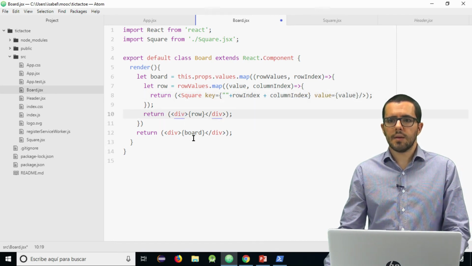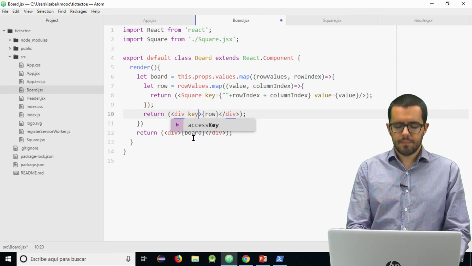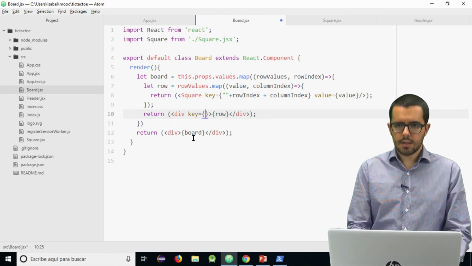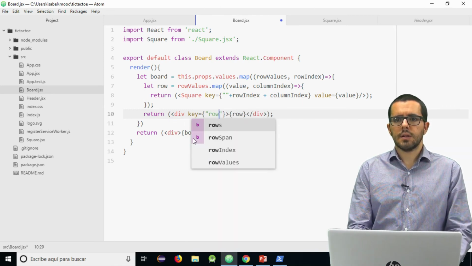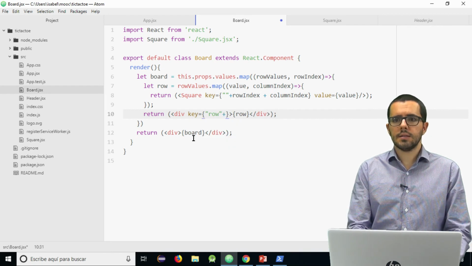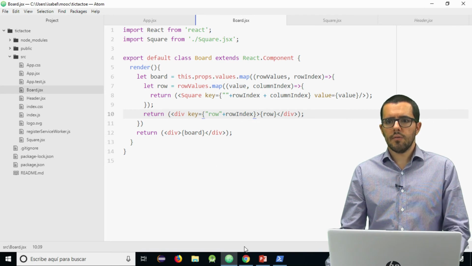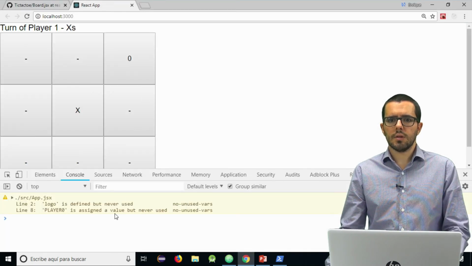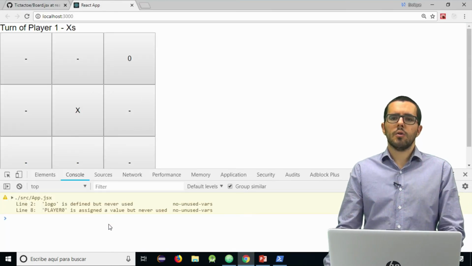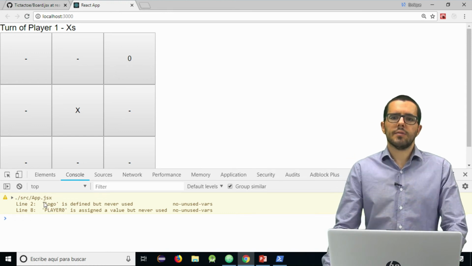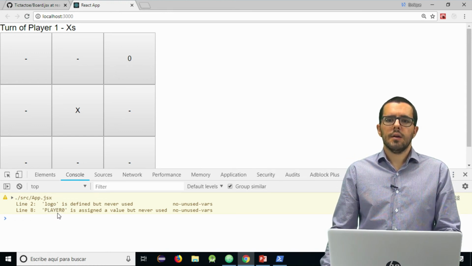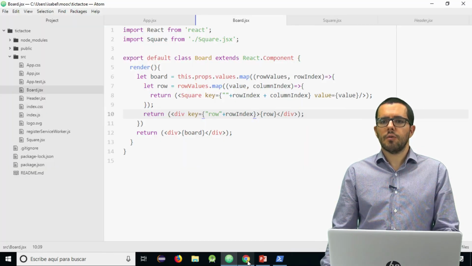And here the same. Key equals a string, row for example, plus row index. If we save and go to the interface, there is no more of that warning. We still have these small ones that are variables that we are not using, but for sure we will use them in the future.